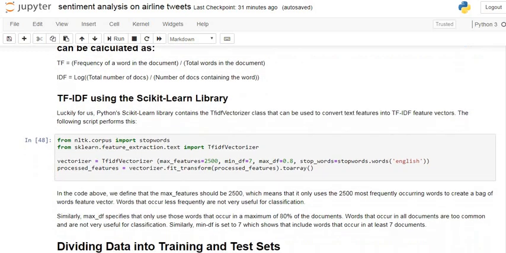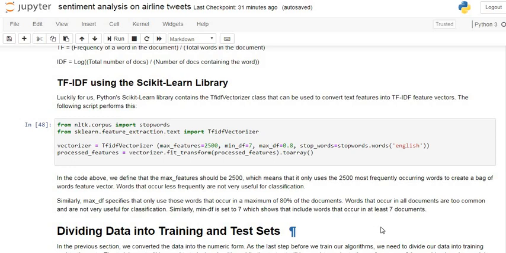In the above code we define max_features, which is 2500, which means that only the 2500 most frequently occurring words are used to create the bag of words feature vector. Words that occur less frequently are not very useful for our classification.